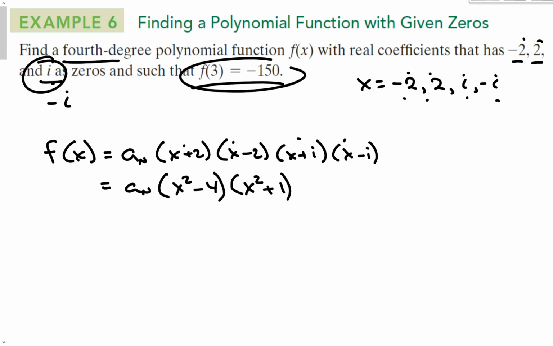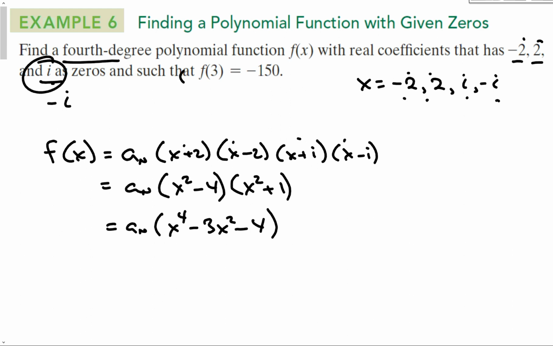Okay, so let's keep this going and let's simplify this one more time. So a sub n is going to equal these two FOILed together, which is going to be x to the 4th minus 3x squared minus 4. Okay, so there's my polynomial function, but I'm missing that lead term right there. But luckily, I have this last piece of information right there, that f of 3 is equal to -150, which means that f of 3 of this polynomial function,